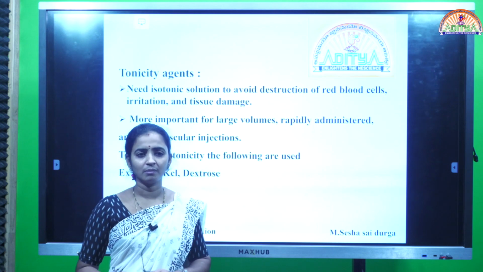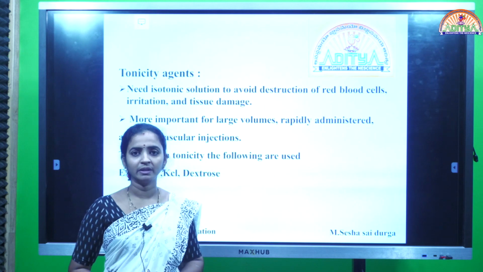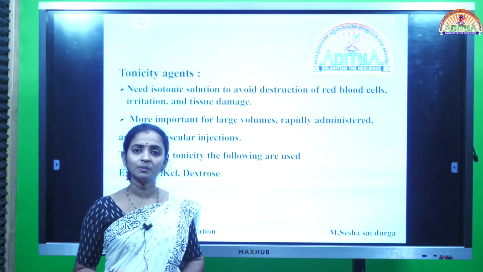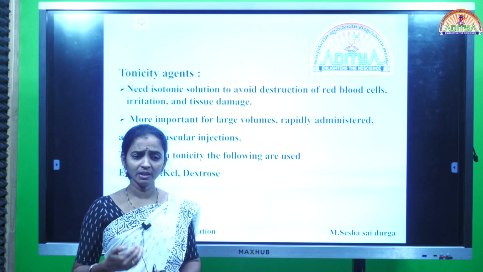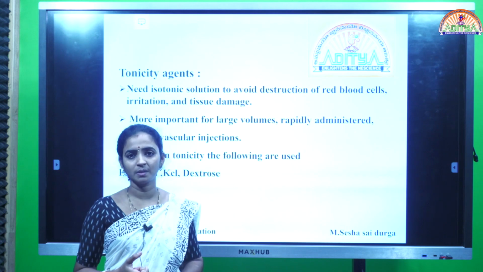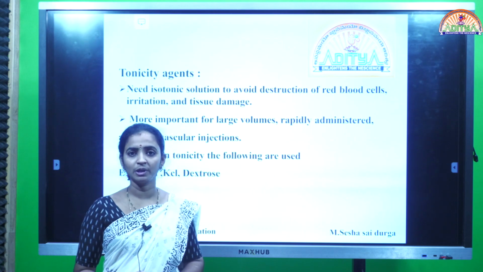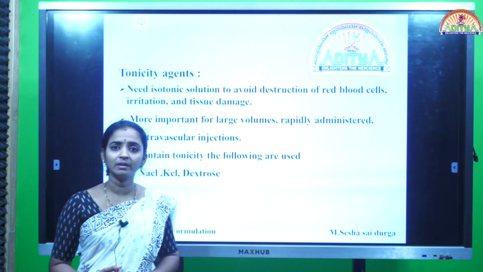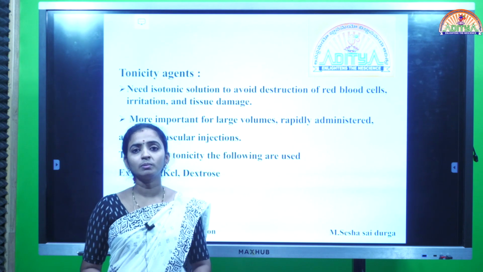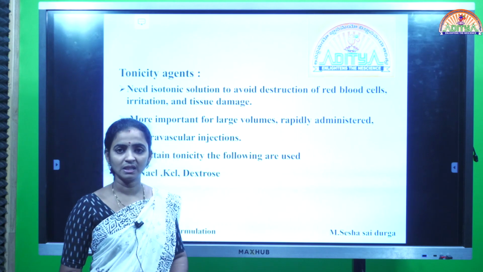product. Commonly all the parenteral products have an API, that is the drug substance, the active pharmaceutical ingredient, and along with the API other ingredients, that is excipients, will be included. In those excipients, the major portion is the vehicle, because the parenteral formulation is a liquid formulation. The drug substance will either be solubilized or suspended in a suitable solvent. That suitable solvent is called the vehicle, so one of the excipients is the vehicle.